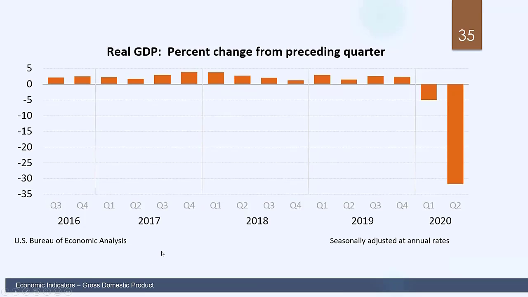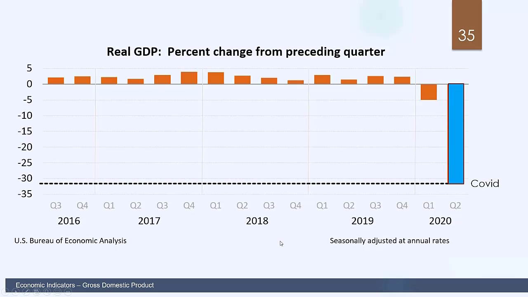Let's again look at some real world data. So this is for the United States. This shows the percent change in real GDP from the preceding quarter. We can see we have estimates for each quarter from 2016 up into 2020 quarter 2. You can actually clearly see here the effects of the recent COVID outbreak. You can see that the 2020 quarter 2 result was negative 30%. Now this number is the largest number in recorded history. There has never been a time where we've had negative percent change in real GDP this large.